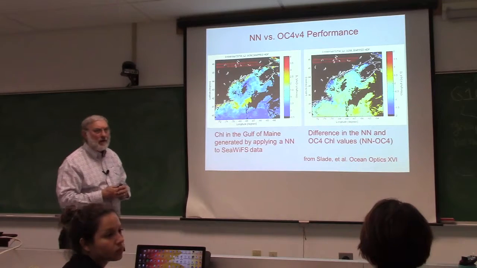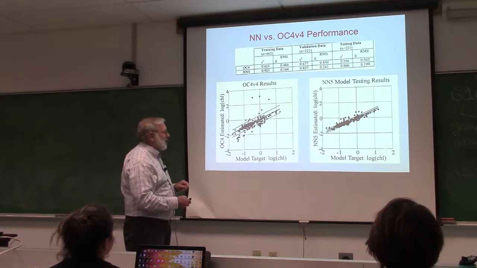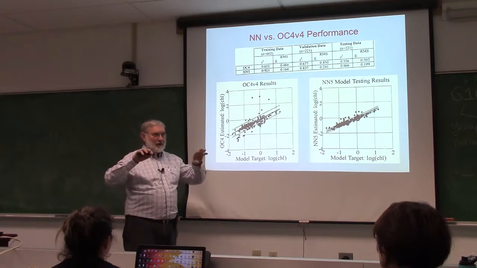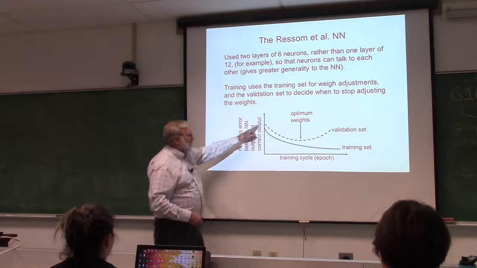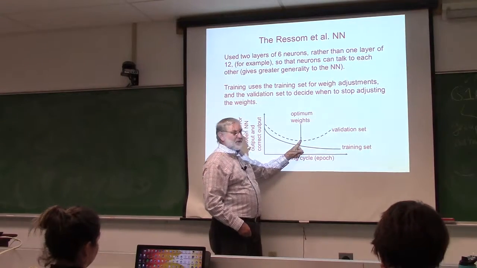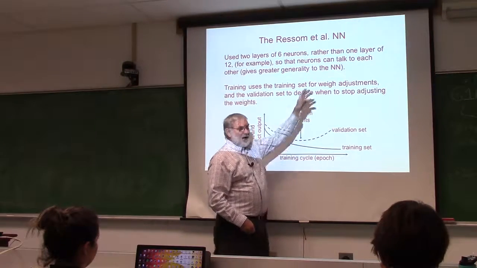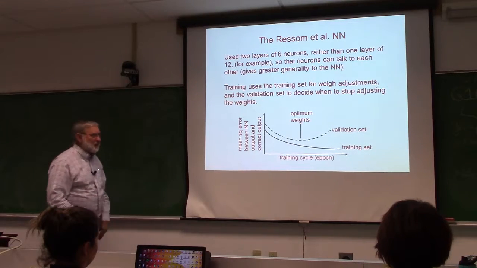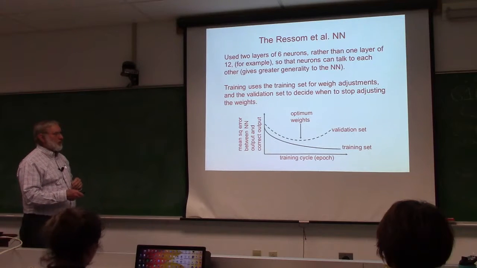What's the difference between the testing data set and the validation data set? Okay, so the testing and the validation sets are both independent of the training. They use the validation set to just see when things start getting worse, and then they back up and say, let's use these values. And then they take those values and apply them to the testing set, which is once again still independent. It's just the standard way that people do this. And you usually use a half for training